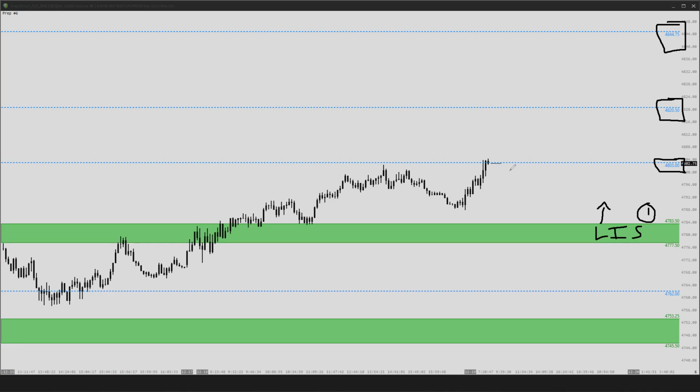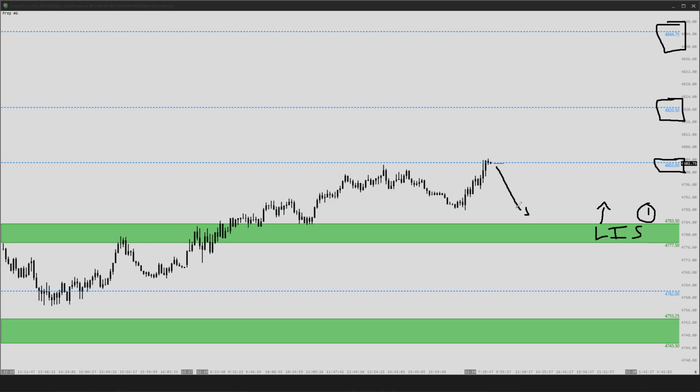So what we're essentially seeing here is now that we've reached this destination at the 48.03s, what could possibly happen here is we could see a pullback into our line in the sand. If that does manifest itself, especially early in the session, yes, you could follow that pressure back into our line in the sand, but it's very low level in terms of context and opportunity. We're really just trying to follow the context and the bias, and we've been doing a pretty good job of it over the last 4 or 5 weeks. So let's just stick with what's really working here for us, and that is context.